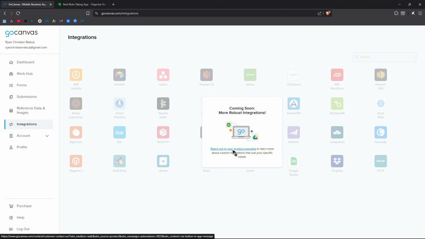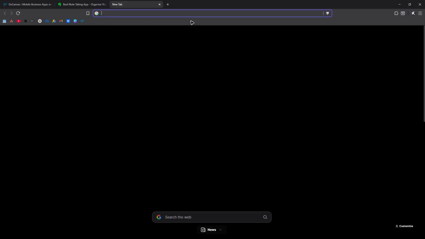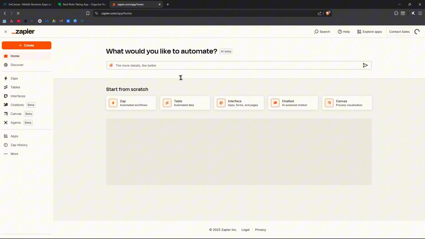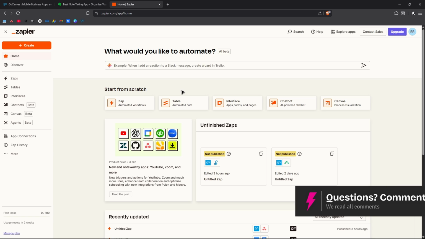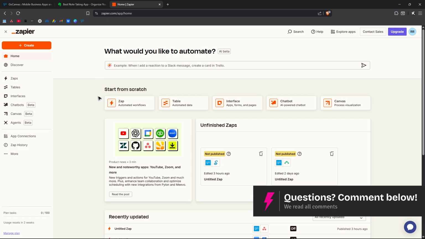Basically, we will need a third-party automation platform like Zapier or AppyPie Automate or even Make.com, N8N, you name it. These platforms, like Zapier right here, can create workflows that connect the two applications and automate the transfer of data. The process generally involves selecting GoCanvas as the trigger and Evernote as the action app. All we have to do is authenticate both GoCanvas and Evernote and then map the data fields